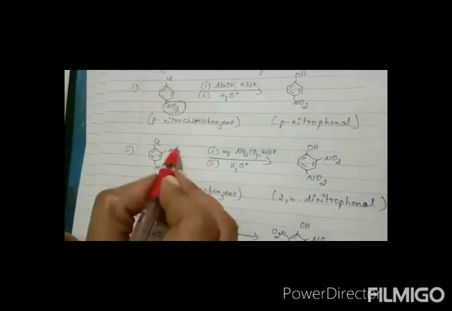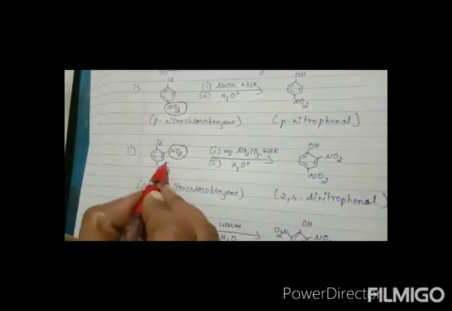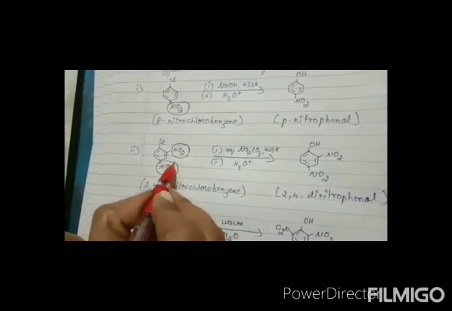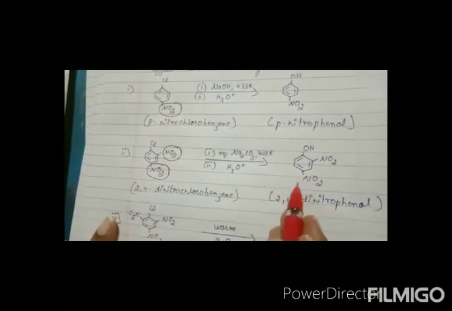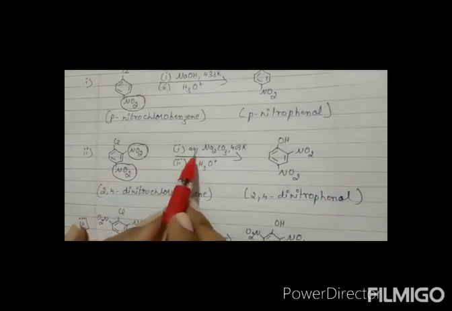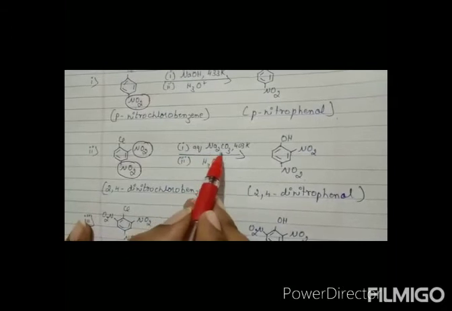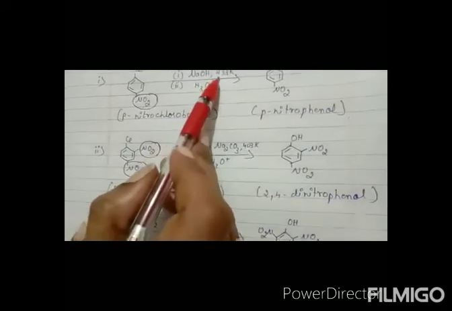2,4-dinitrochlorobenzene. So here I have at ortho position one electron withdrawing group. Apart from that, at para position I have one electron withdrawing group. So here also substitution reaction is possible. We get the product as 2,4-dinitrophenol. But see towards the condition. Here the condition required is aqueous Na2CO3 at 403 Kelvin. Here it was 433 Kelvin. Here we have 403 Kelvin and the reaction proceeds.